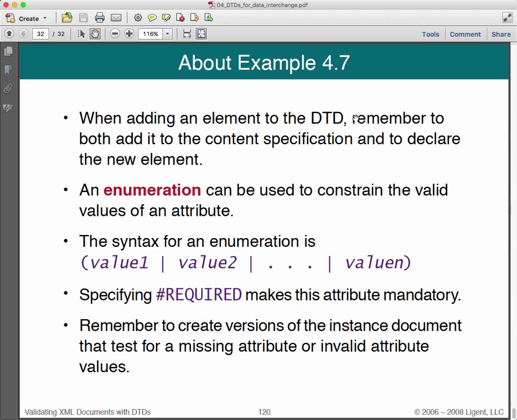So that's it. We have developed a typical data interchange XML document and a DTD to accompany it. And I'll give you that to play